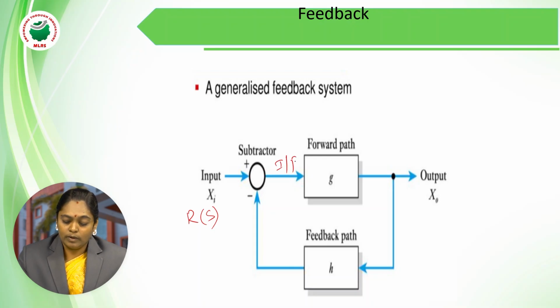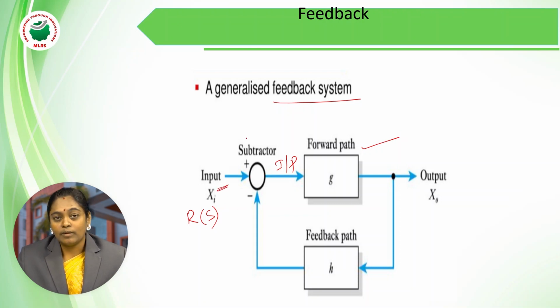the actual input. Basically a feedback system consists of two paths: one is a forward path and the other is a feedback path. If your input is directly going towards the output, then it is called a forward path. If some part of an output is given back towards the input and again made an output, then it is called a feedback path. So in general, a feedback system consists of a forward path as well as a feedback path. In this block diagram, I have assumed that the forward path is G and the feedback path is H.